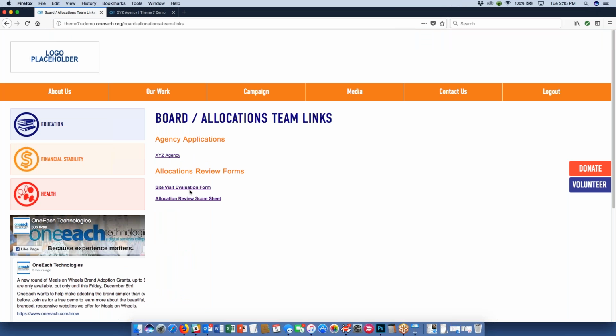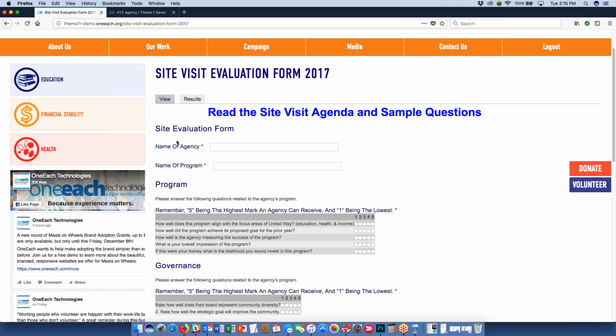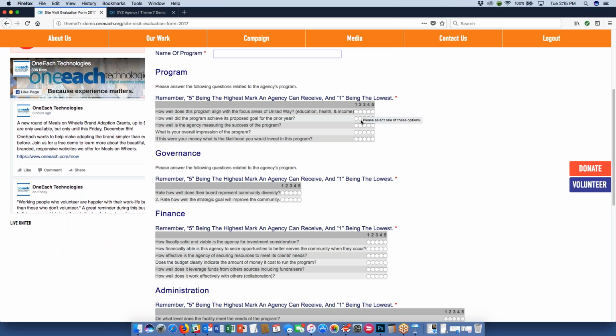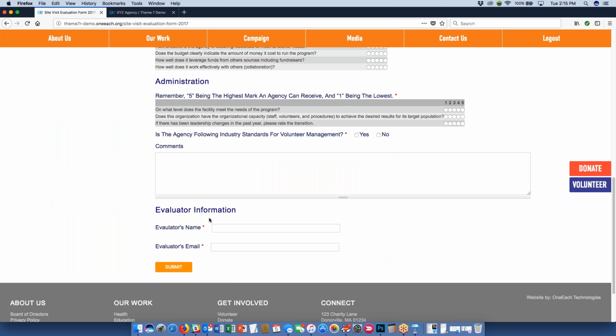These are some really cool web forms. So think about your surveys and your ratings and how to score things. Here's a sample rating of a visit to an organization and the work they're doing, putting their name in and their program name in, and then using that grid format, a scale of 1 to 5. I can rate different features, their governance, their administration, all of this stuff in here, and comment on who I